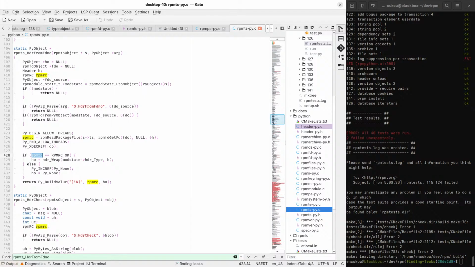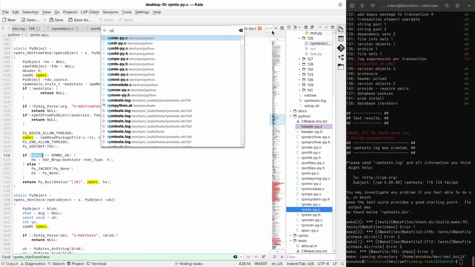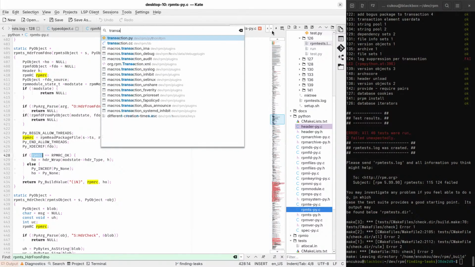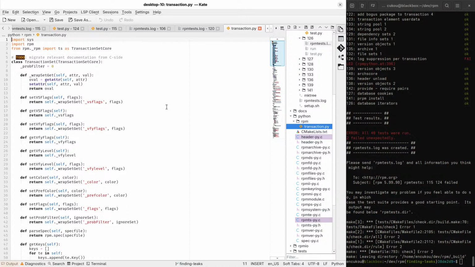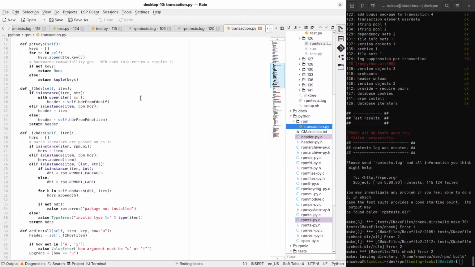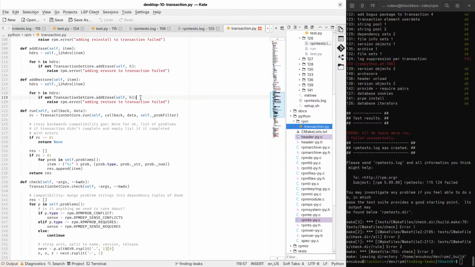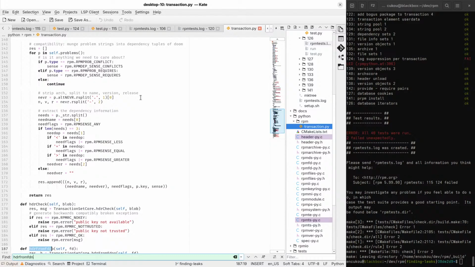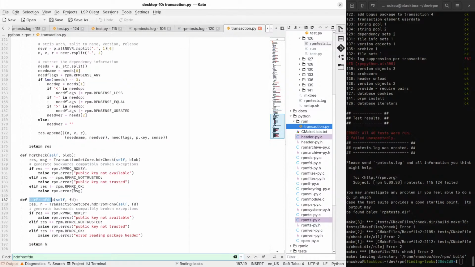Oh yeah, wait a moment. There is the file Python RPM transaction py. No, just transaction py. Oh, okay. And then there is a function, Python function HDR from FDNO. This is the last. Oh, there's another one. Last one in the file. Yes. And this is where the error is set.